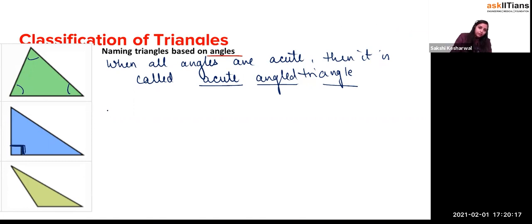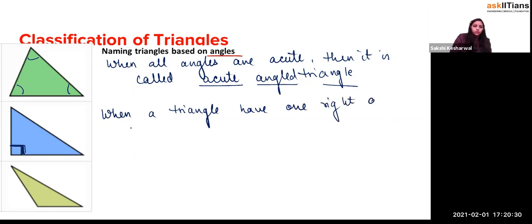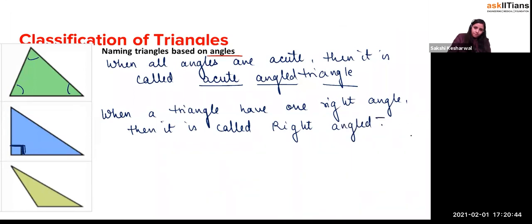So when a triangle has one right angle, then it is called a right angled triangle, right? Now, if any one angle is obtuse,